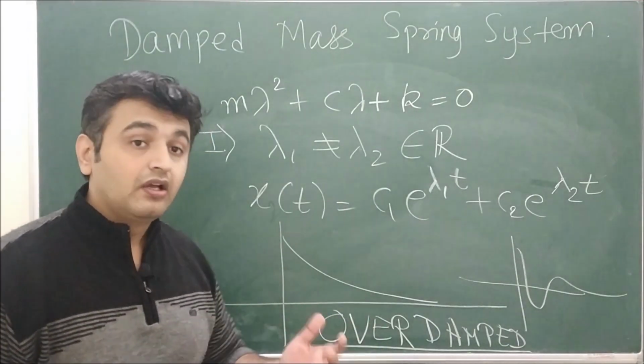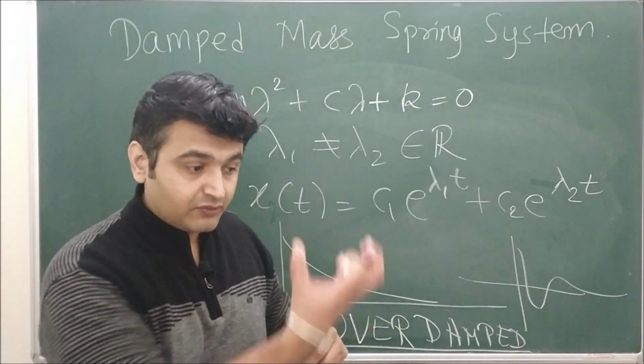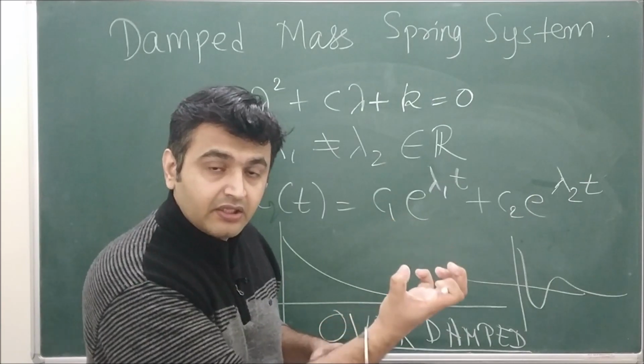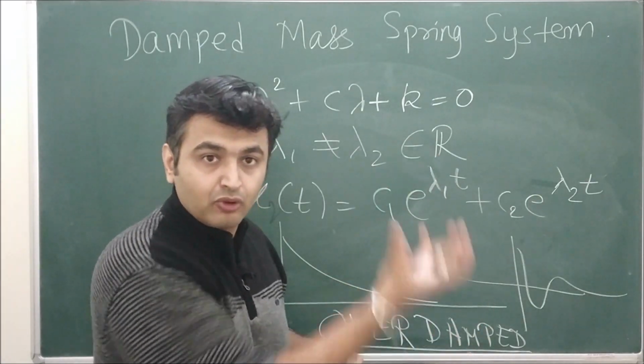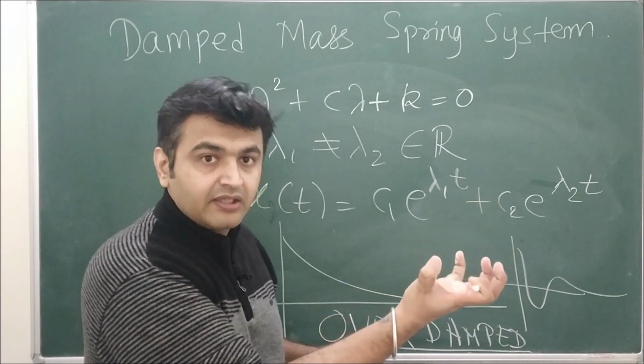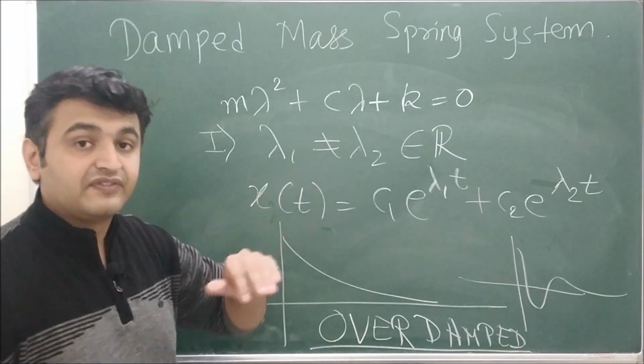Okay, that means here when you try to plot the solution, you won't get the waves. So because of the overdamping, it will immediately come to rest. Okay, so it won't keep on oscillating. You pull, you release, because of the overdamping, it will immediately come to rest. So that's what this scenario represents in the physical world.